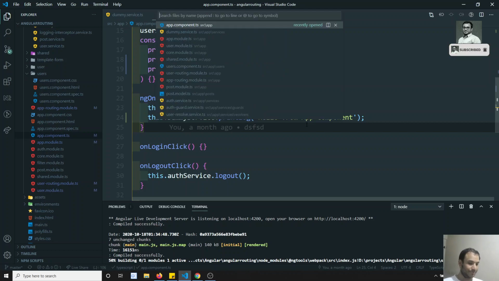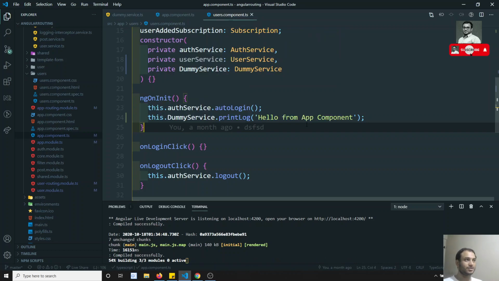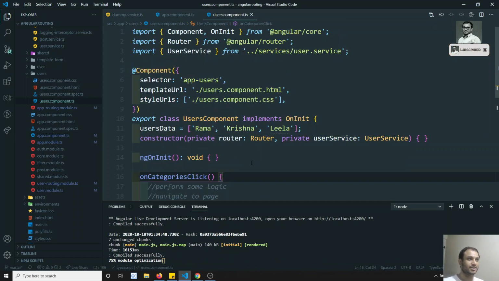In the same scenario, I will go to the users.component.ts. This one is lazily loaded, you need to remember that.